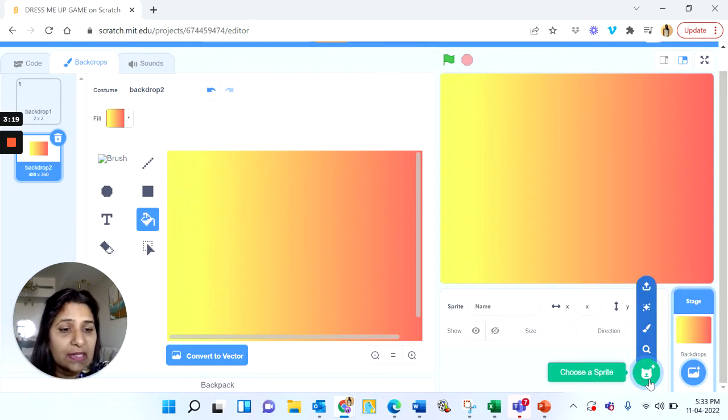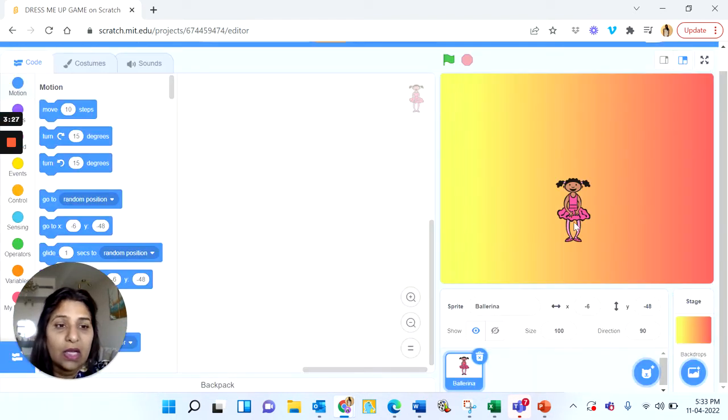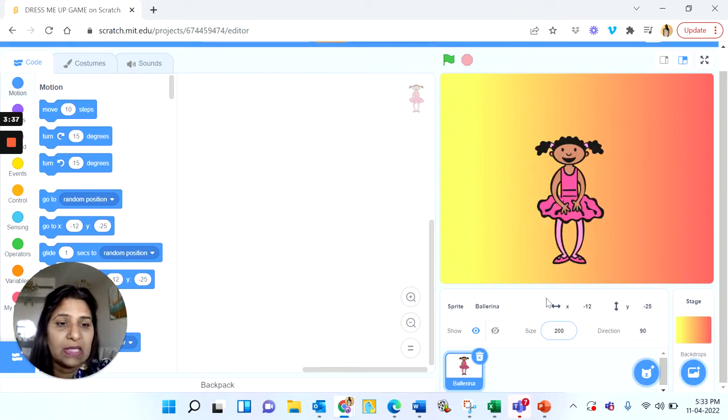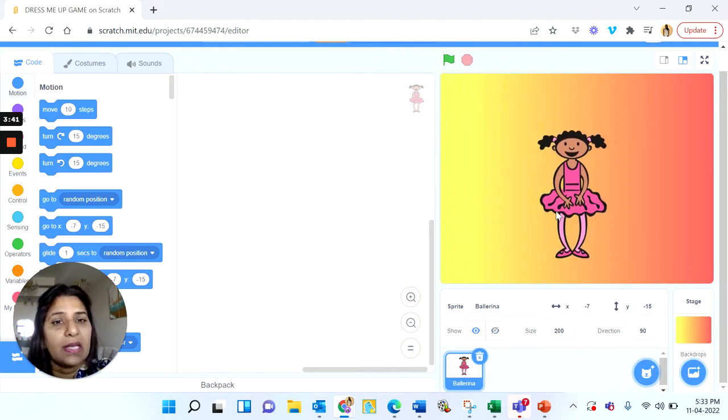Now I will take a sprite from the library. I will choose a sprite and I will take a ballerina character. I'll place her a little in the center, but she looks very tiny. So what should I be doing? I'll increase the size to 200 instead of 100, and this is a good size I want. Okay. Now we'll be taking some more